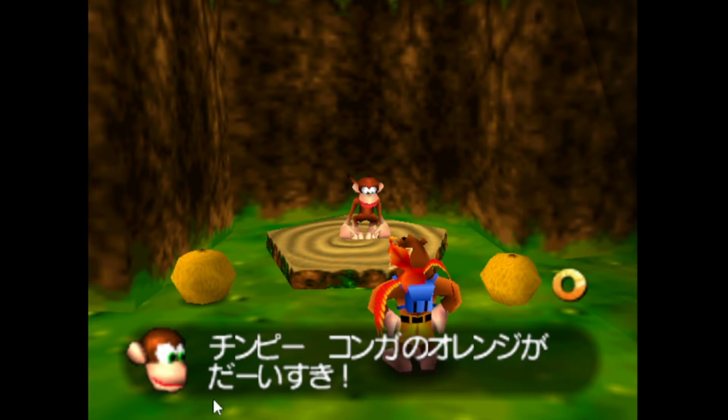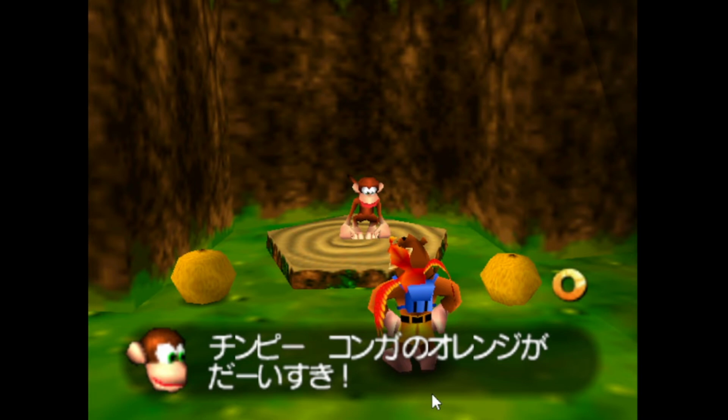Konga no oranji ga daisuki. Daisuki. Suki is to like something, although I shouldn't translate it like that because it's not a verb. So suki kind of means desirable, and daisuki means very desirable, I suppose. So Konga's oranges are very desirable to Chimpy.